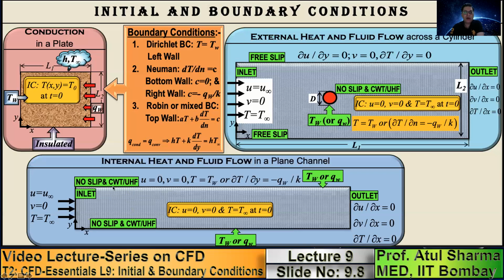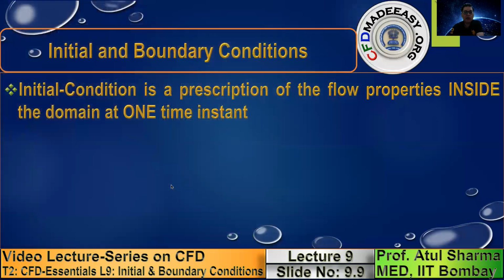And again, if the top and bottom wall, these channel walls, are exposed to certain thermal boundary condition, which could be constant wall temperature or a uniform heat flux, then it also becomes a heat transfer problem, as shown here. And if it's a constant wall temperature at top and bottom wall, this is the constant wall Dirichlet type of boundary condition. And for constant heat flux, this is the boundary condition. No slip boundary condition means the velocity is zero, the walls are stationary. So this is the boundary condition for no slip boundary.